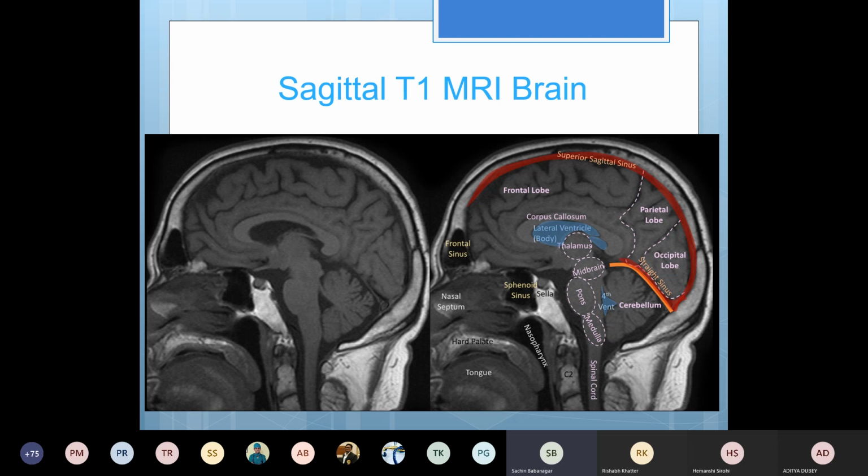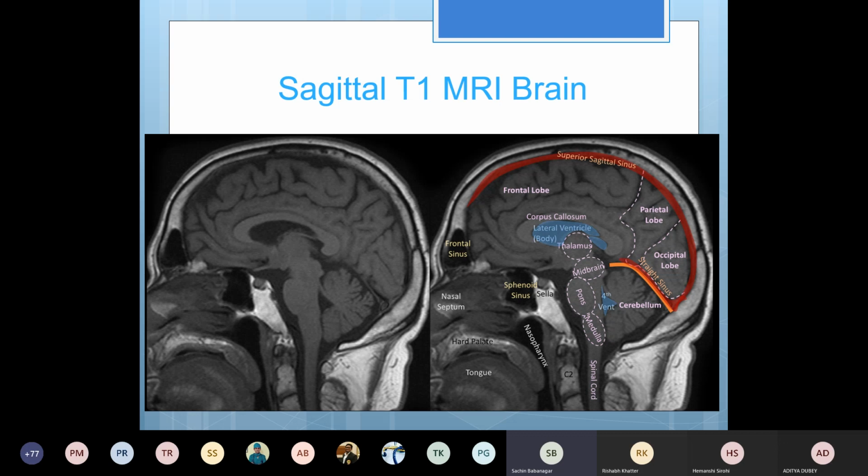And if you can see, this is the base of the skull. This region is called the foramen magnum. So you have to always look for any inferior herniation of the cerebellar tonsil, the inferior-most part of the cerebellum. It should be above this line connecting the lower margin of the anterior part of the occiput, and this is the posterior part. So this should be above this imaginary line.